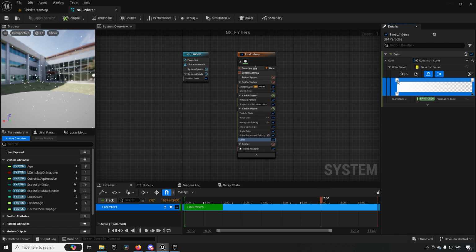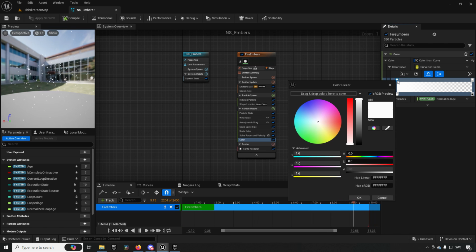We can go up here and double click on the starting color over here. The starting color, we want to have something that's fairly red. So maybe we take something like a value of 2000 or something like that. That will give it a very emissive glow, as you can see over here now. But we might want to have something that's not just strongly red. We might want to have something that's going a little bit towards the orange as well. So maybe